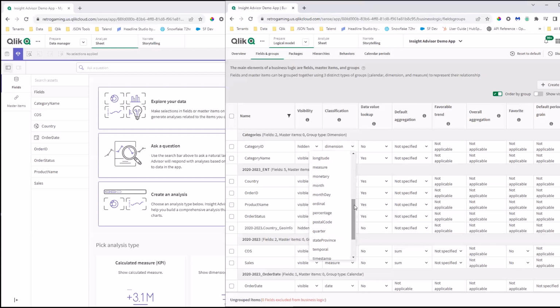I know, for example, a country will automatically create a geographical chart. If it's a dimension, it'll create breakdowns. If you set it up as a measure, for example, it'll perform calculations. So you can click any of these information icons to go to the help, but you have ways of setting